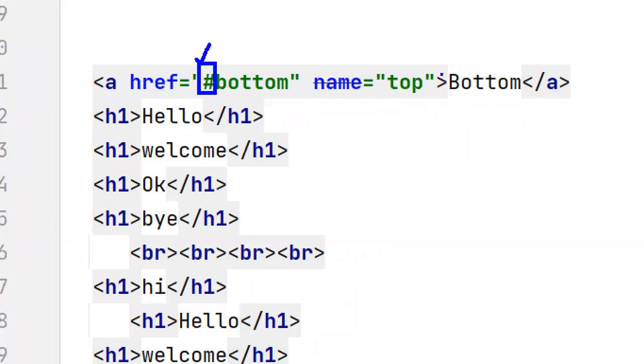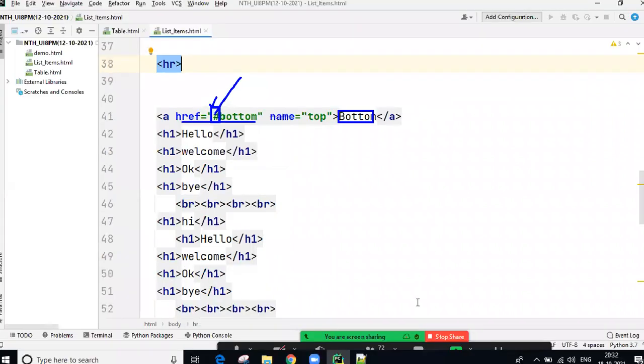So whenever you click this link, if you want to make the intra-linking concept, linking one location to another location, this has is mandatory. Using this href value we can do it. In coming days, whenever we use Bootstrap, I will show you another variation also. Using the ID attribute also we can make it. Simply, this is your address related. Has is mandatory for making the intra-linking concept. Remember that right now.